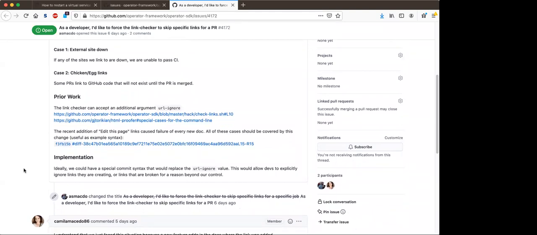But it's also a problem sometimes when Read the Docs goes down. All of Read the Docs goes down, and so suddenly we can't merge any pull requests, and that kind of sucks. So I think it would be nice to add some way of skipping certain links. But we don't have to put this in a specific milestone. I'm thinking maybe the post docs milestone would be fine for this.